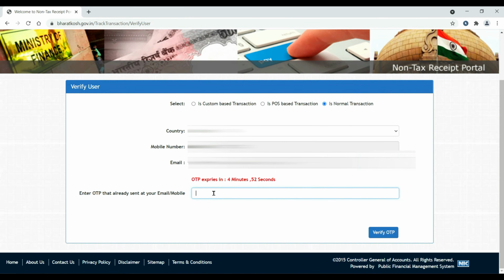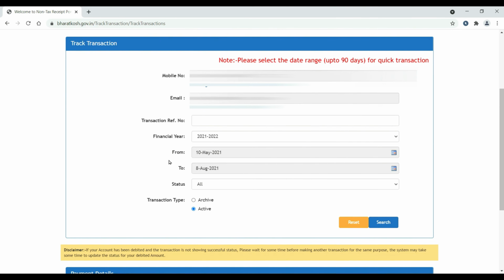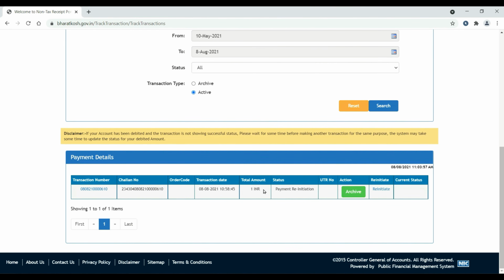Once the OTP is generated, type in the OTP in this particular blank column. Click on verify OTP over here. It will go on to the next page, the same page for tracking your transactions. Just scroll down and click search. The transaction will be on active basis.